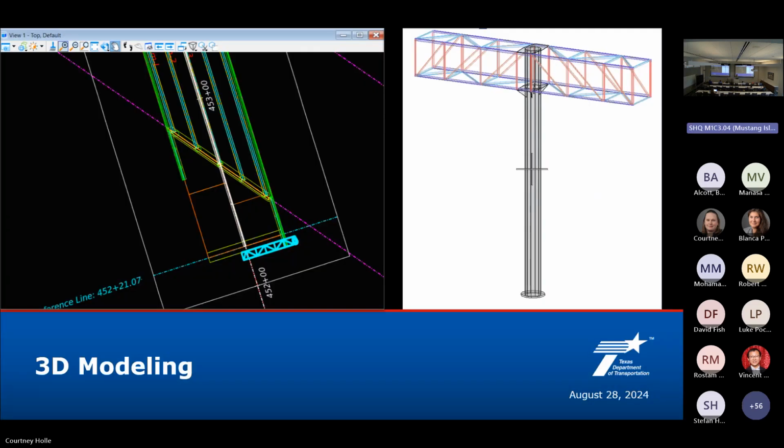Can't be bridge division without talking about 3D modeling. So we're developing some structures with different 3D models that you can reference into your overall 3D plan set. If you're preparing public involvement drawings, it just shows it, gives a little more detail. We won't set a requirement for, as of June 2022, you must have these, but maybe someday.